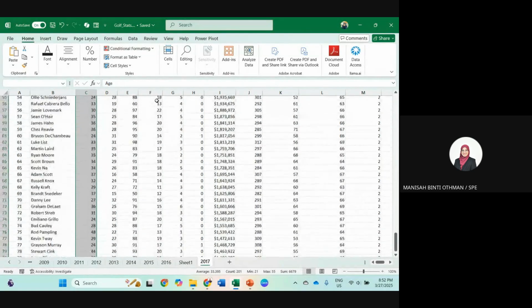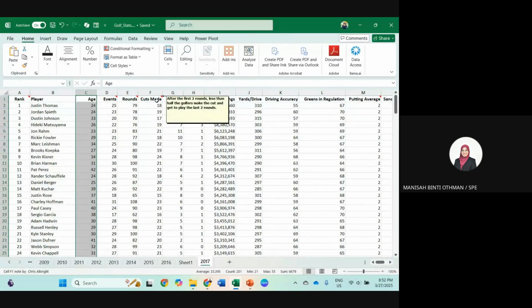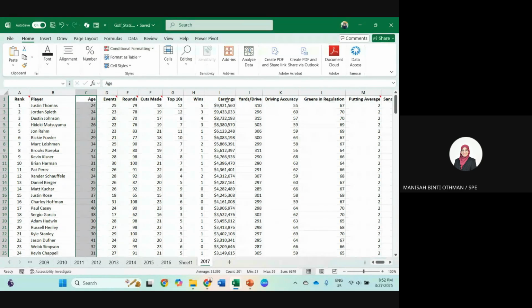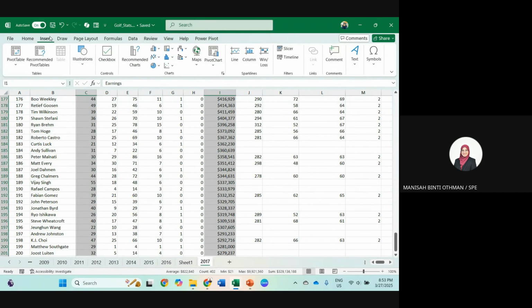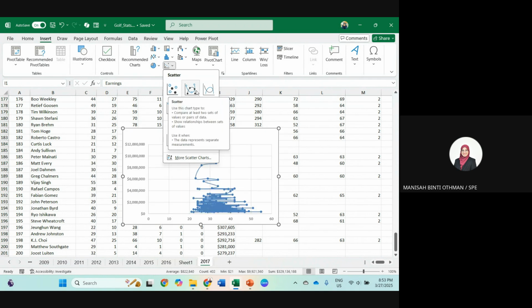And let's say you want to select another column that is not side by side. Okay, you have another column in between. So press Control before you enter, you select earnings. Press Control, right? So press Control and then Control Shift down again. Okay, to select that column, Control Shift down. Okay, all right. So after you select, go to Insert, and you can see this is a scatter chart, scatter plot. Okay, so scatter plot here.